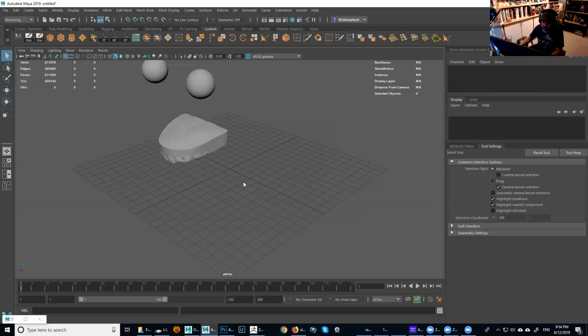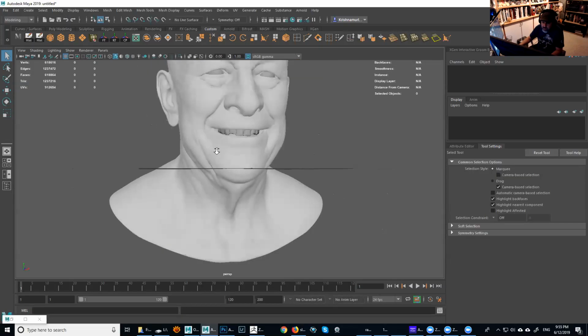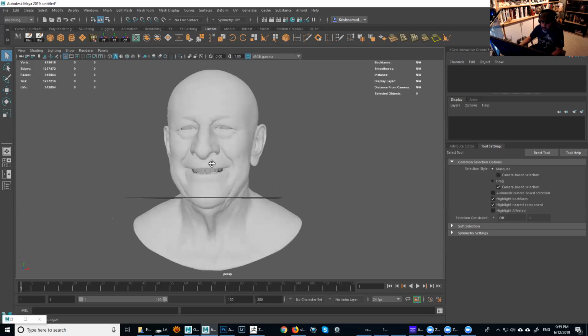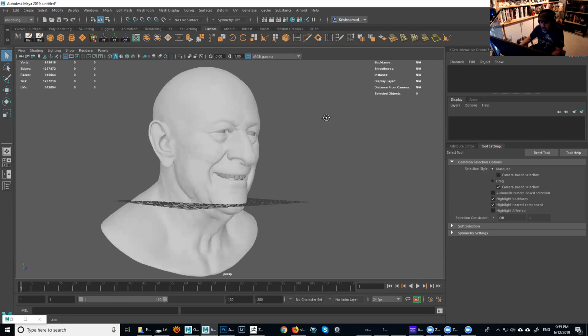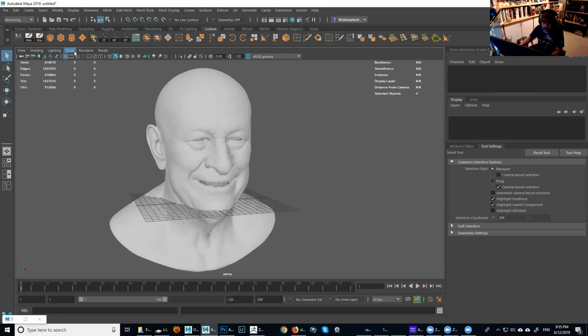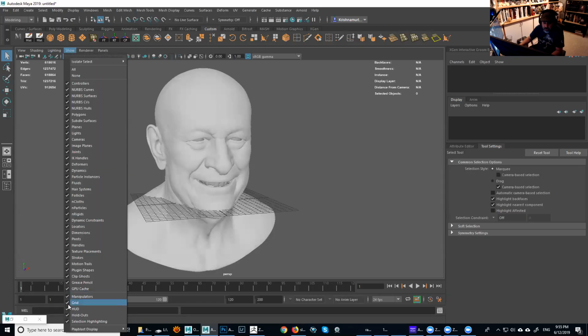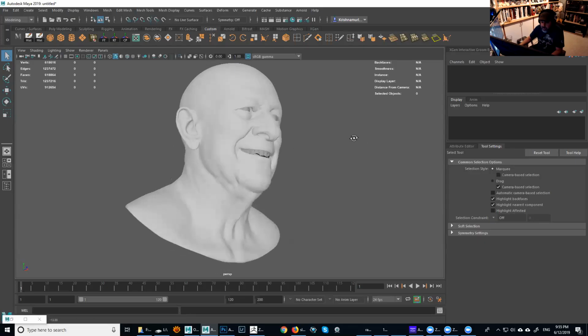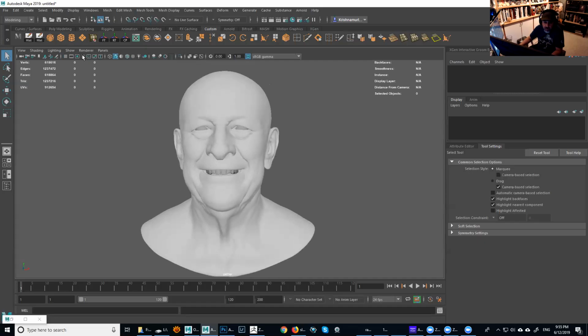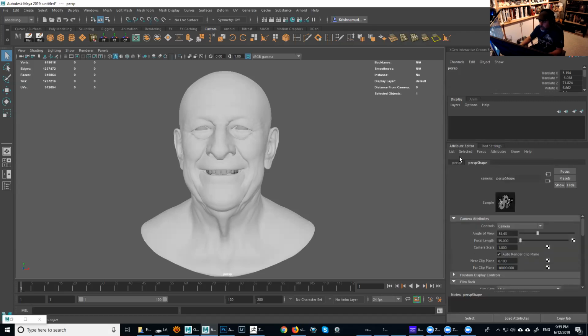So now is the first time I'm seeing the head here in the scene. I don't know if it's going to look okay or not. Looks okay-ish. The first thing to do is hide this grid because you don't need it. Under Show, if you go all the way down, you can hide the grid. And this is the default material in Maya, nothing too fancy or special about it. If you want to select your camera, the best way is to go to View and say Select Camera. And then by pressing Control A, at any time in Maya, you go to the attributes of the selected object, right?